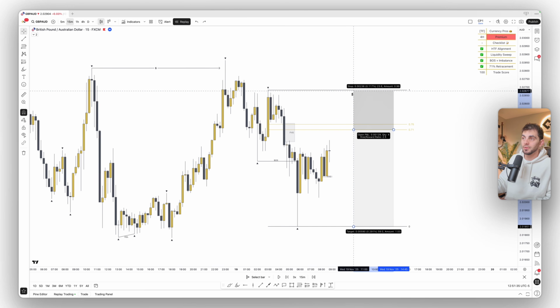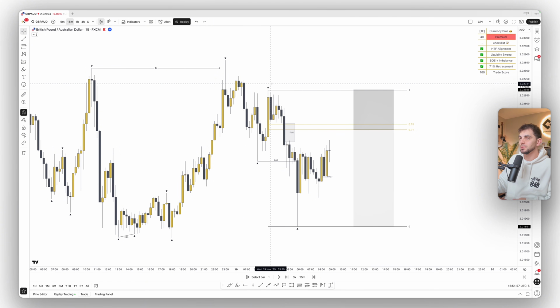I simply drag the stop loss to the high of the Fibonacci range right here. And then I drag the take profit to the low of the Fibonacci range right here. To make this easier, you can use the magnet tool on TradingView. Just set it to weak magnet instead of strong magnet. I find that you fight it a lot less when it's just the weak magnet, so I would recommend that. And that allows you to really snap it to the wicks of the candlesticks, and you'll see more accurate results